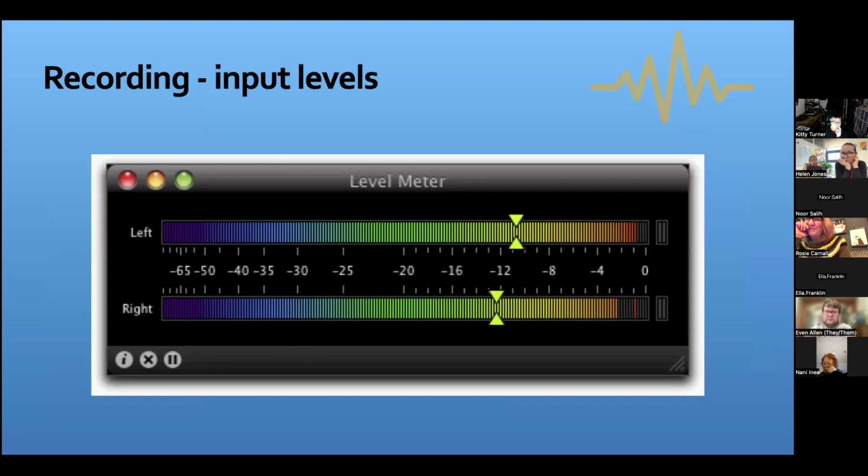Okay, so we talked a little bit about kit. I'm briefly going to touch on input levels. I won't go into too much detail because we'll talk about this in the next session. This is an audio level meter, and audio input is measured in decibels, sometimes shortened to dB. And in this image that you can see,